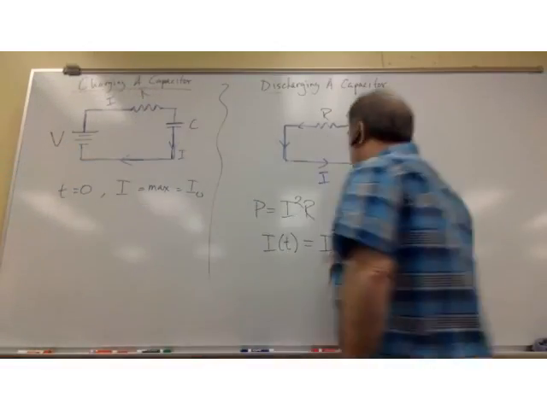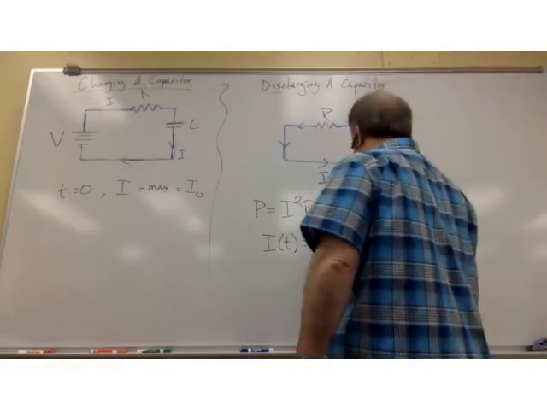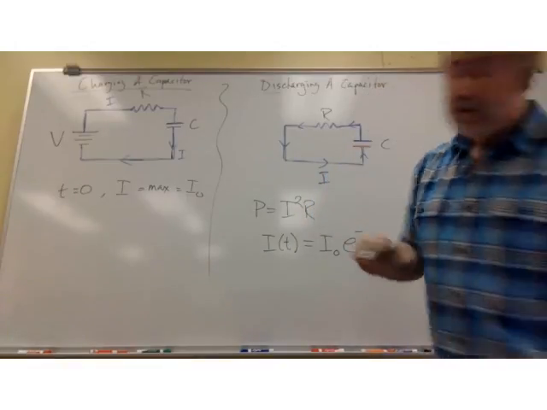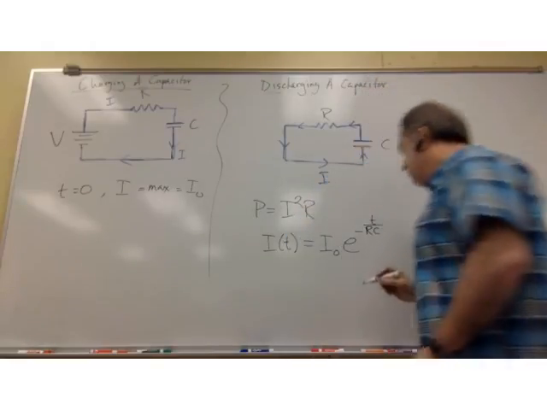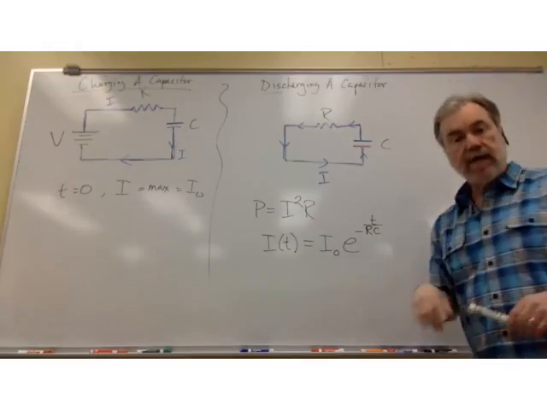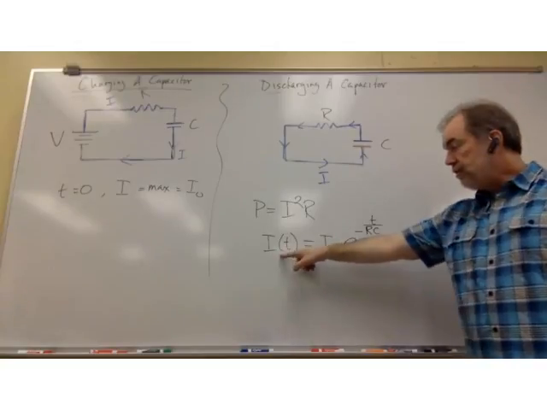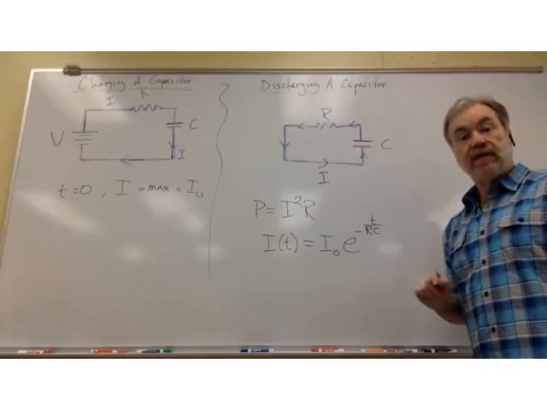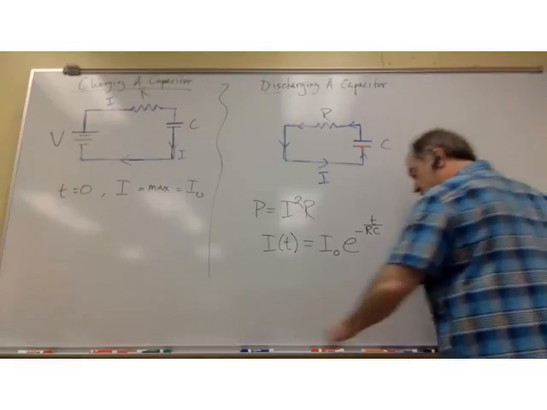Same thing here. So all right, the current then is I sub 0 times, get this, e to the minus t over R times C, where e is the exponential function. Okay, this is, if you remember your math, a decaying exponential function. This says that the current decreases as time goes on, and specifically it decreases like a decaying exponential. And the graph of such a thing,